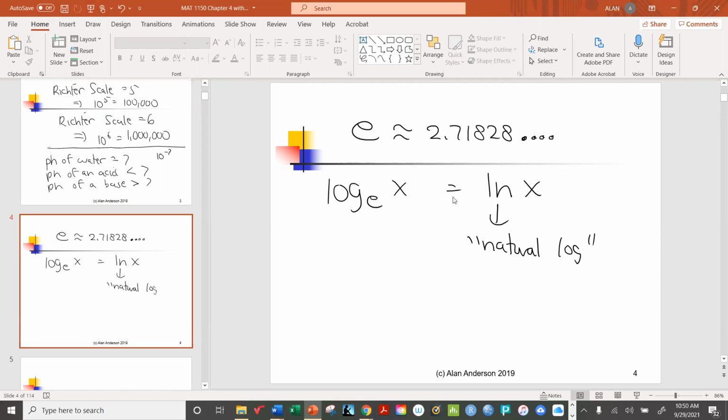So ln simply means natural log, which means log to base e. It turns out that in a lot of applications, this is more convenient than the other logs like log 2 or log 10. And in fact, we're going to see some of that in this chapter. I've got some examples here which show us how this can be applied to interest rates, which you might find interesting. So with that quick background,